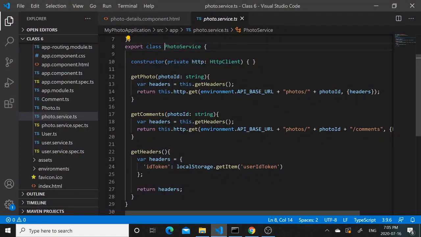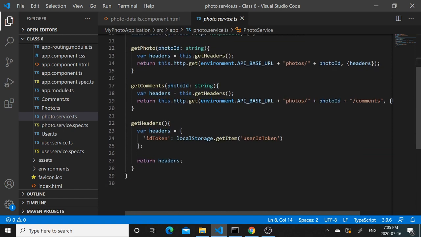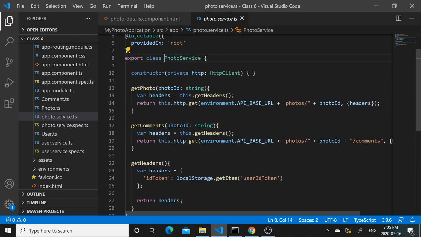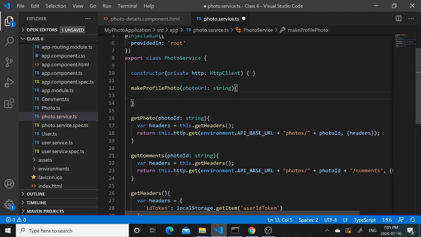So I need to take the photo URL as an input. I will add a method here, make profile photo, and then it will take as an input a photo URL which is of type string, and then likely it will need the header,